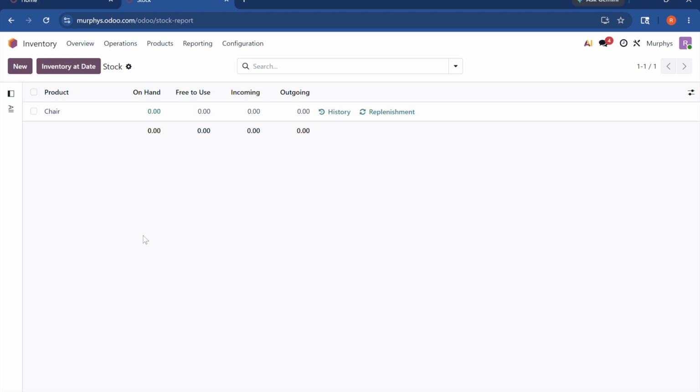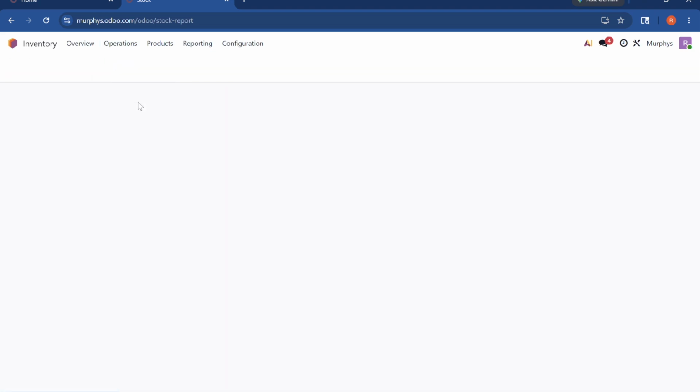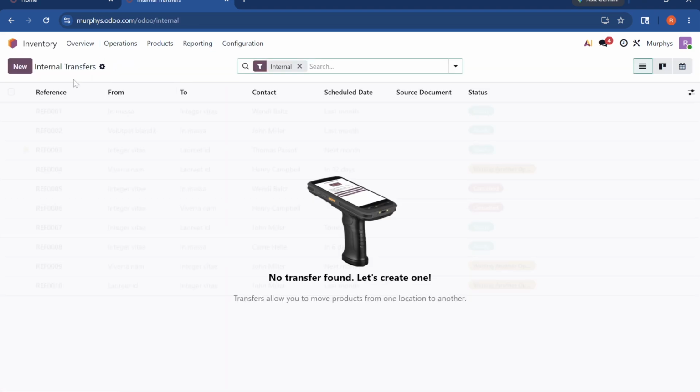So now what we are going to do is we are going to create an internal transfer from the first warehouse to the second warehouse. So what we are going to do is we are moving the product chair from the first warehouse to our newly created warehouse. So now to do that, go to the operations and under transfers, click on internal and click